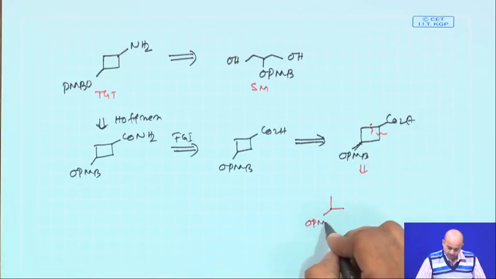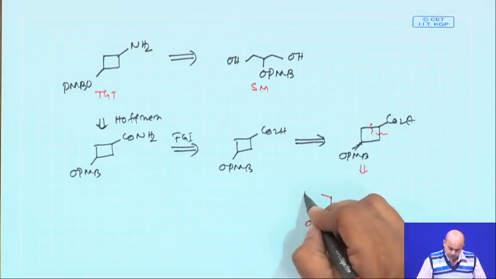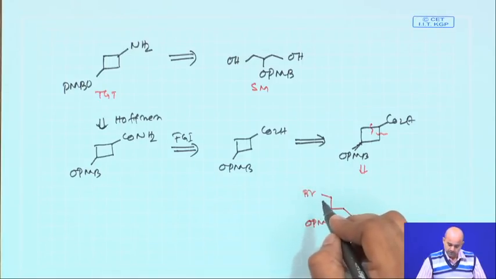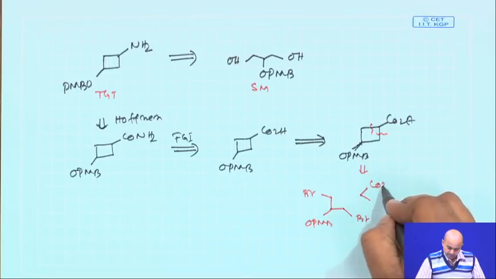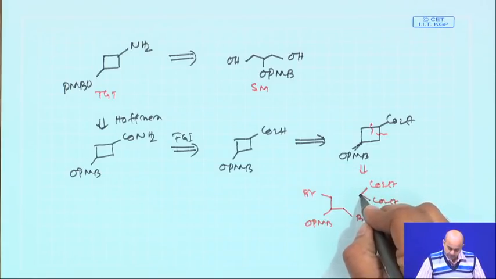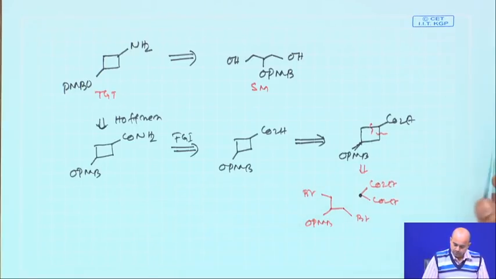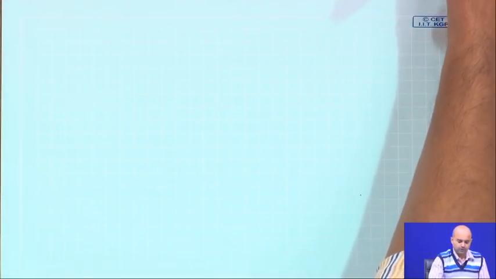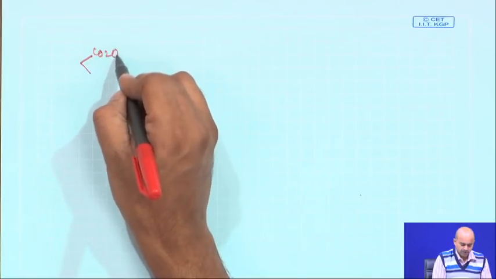With the OPMB, we set CH2Br and CH2Br, or any good leaving group like iodo, and then here you will have a diethyl malonate kind of thing, which will give this particular carbon. Now, diethyl malonate, as all of you know, now let us go to the forward synthesis. So, the forward synthesis starts with diethyl malonate,